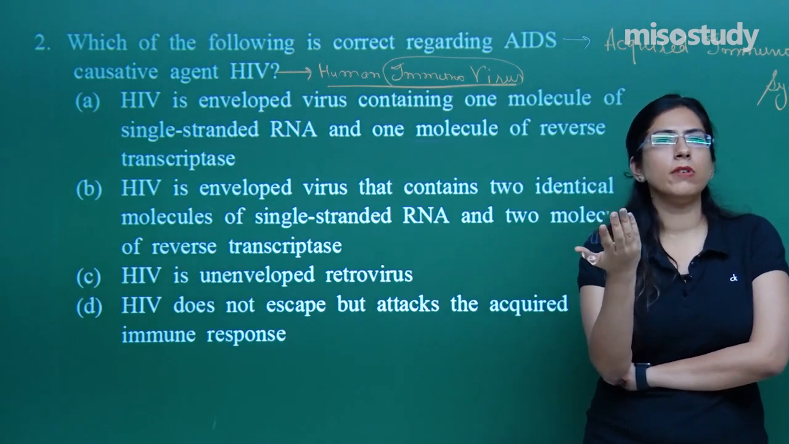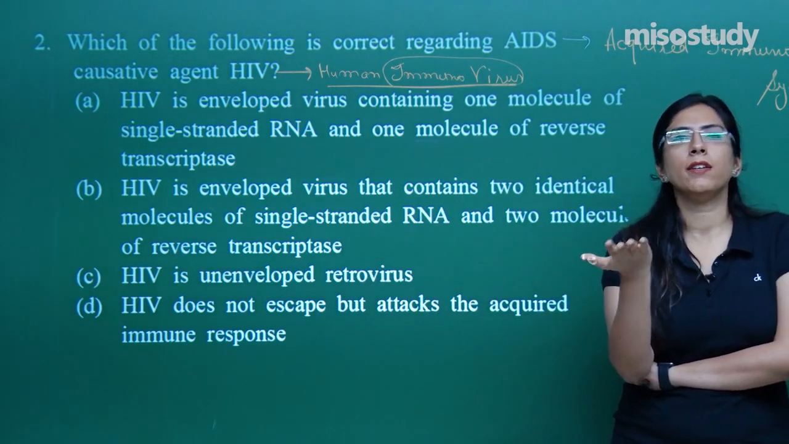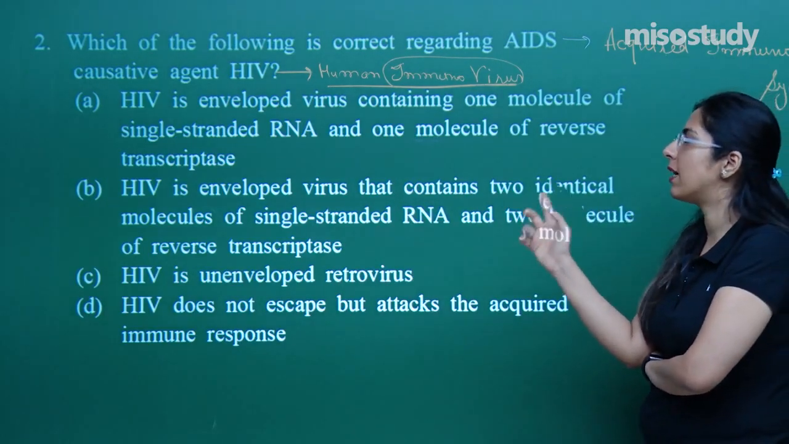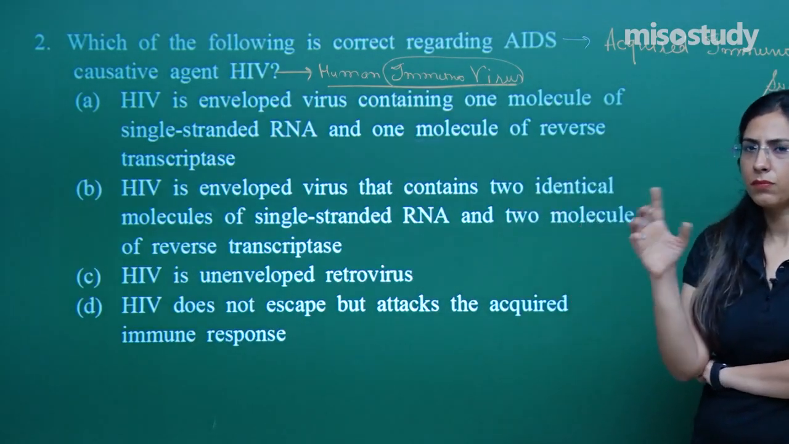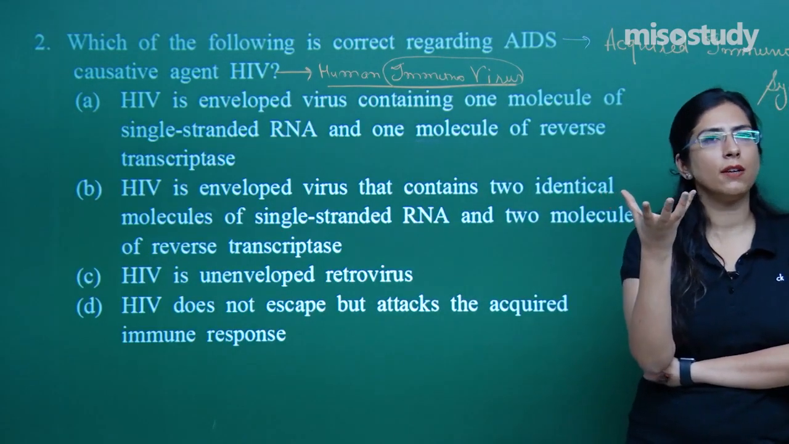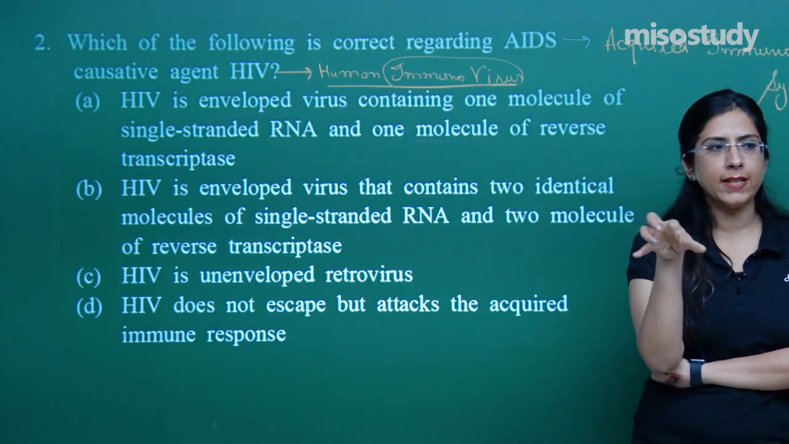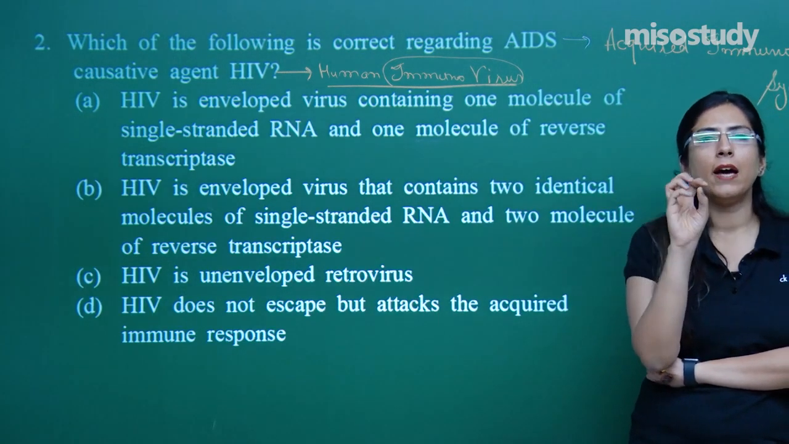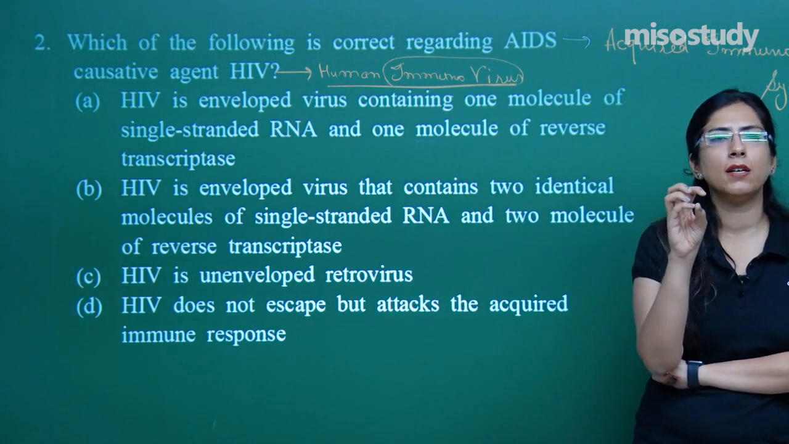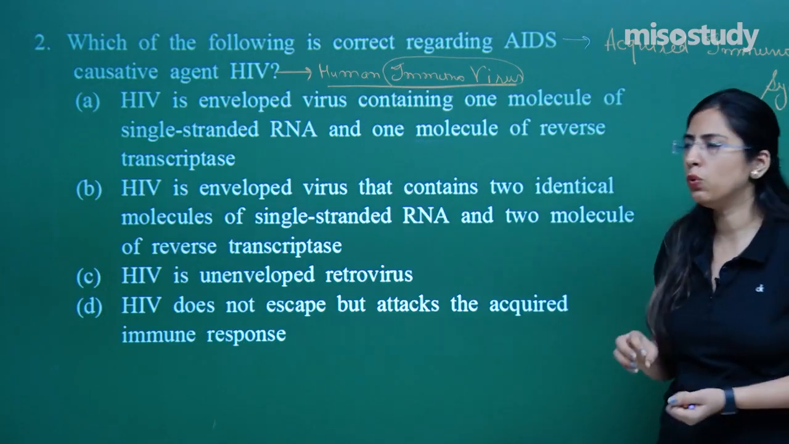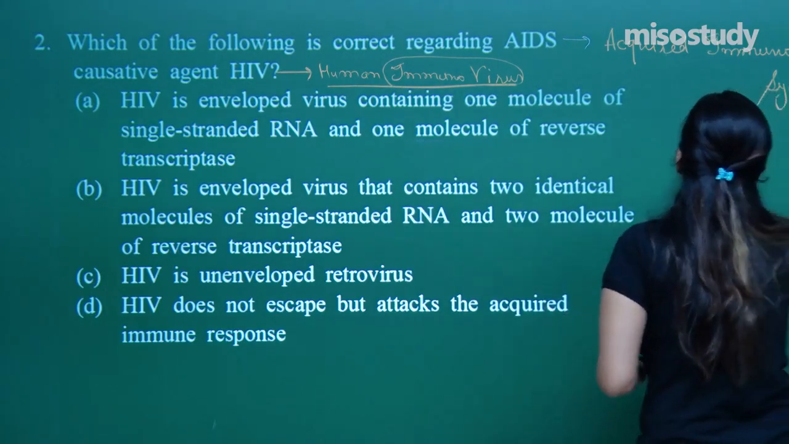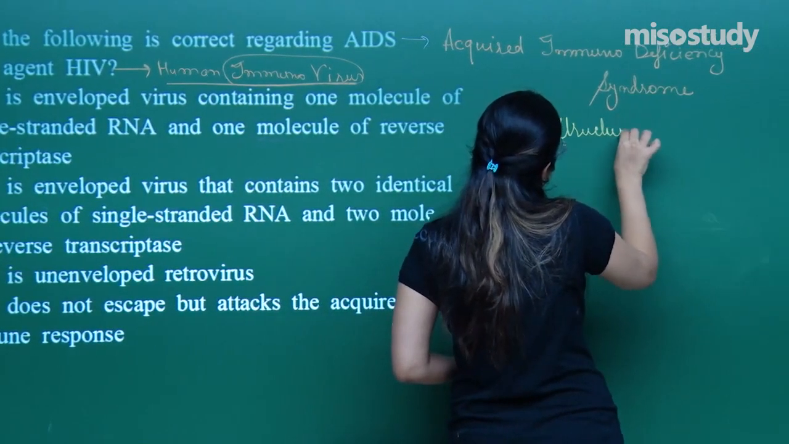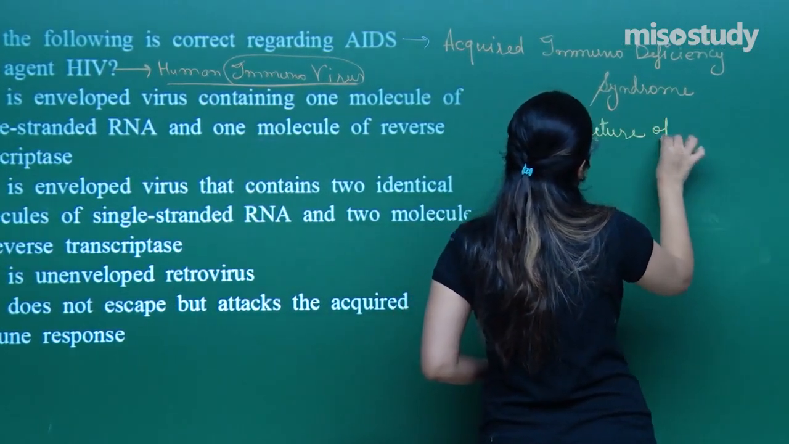When this RNA is converted into DNA, they need the reverse transcriptase enzyme. So they have the reverse transcriptase enzyme as well. The whole structure is enclosed in a capsule, the outermost membrane is there, and in between we have the two single stranded RNA present. When we talk about the structure of HIV,